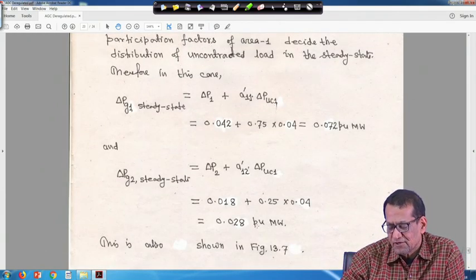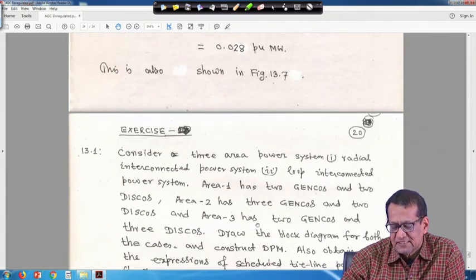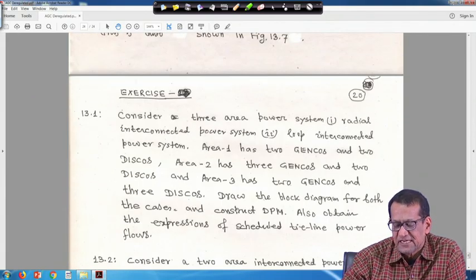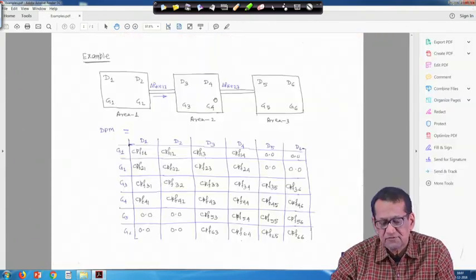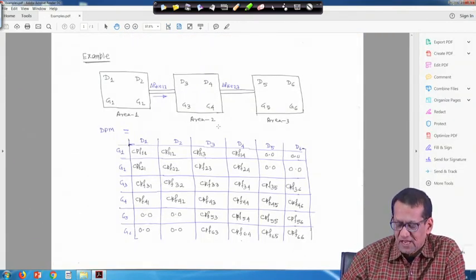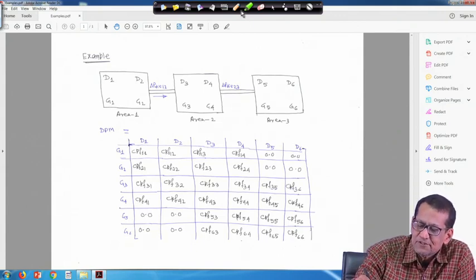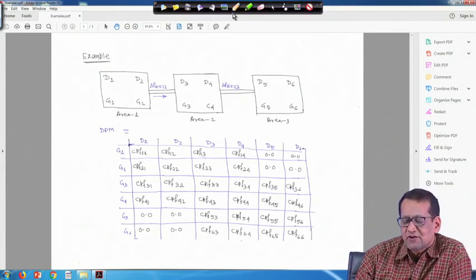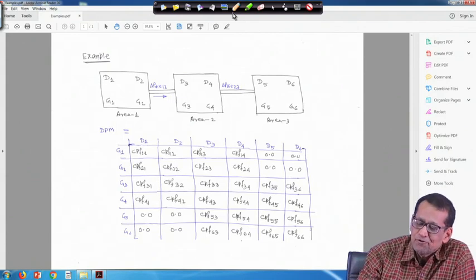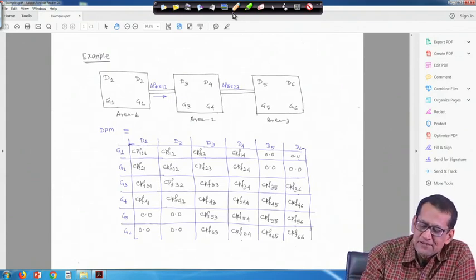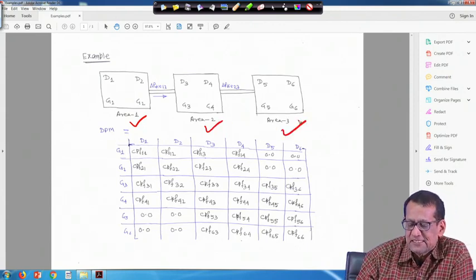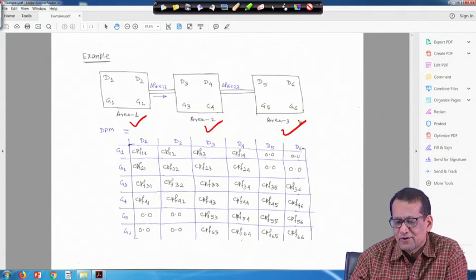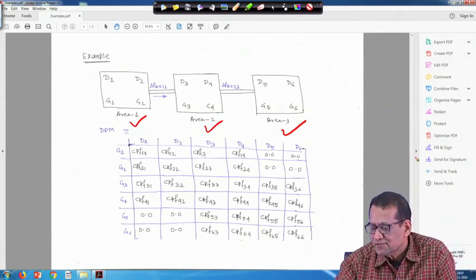So this is one thing, and for this there are exercise 2 problems. Before coming to the exercise, I will come to one problem. Now, suppose you have a 3 area system. This is called a longitudinal system, that means no loop. Actually, this is area 1, this is area 2, and this is area 3. And just for the sake of our analysis, we have taken